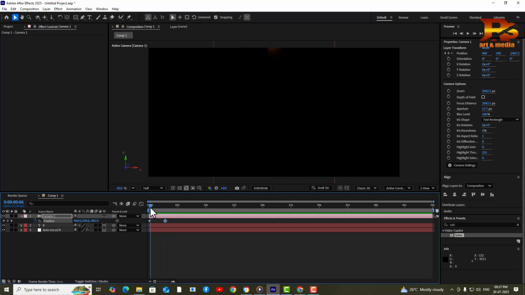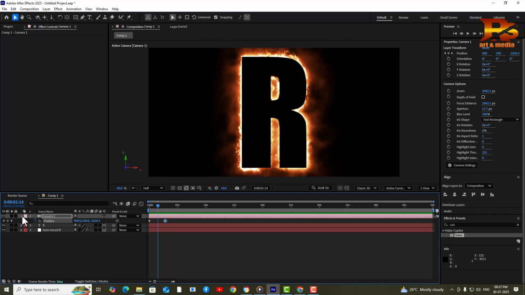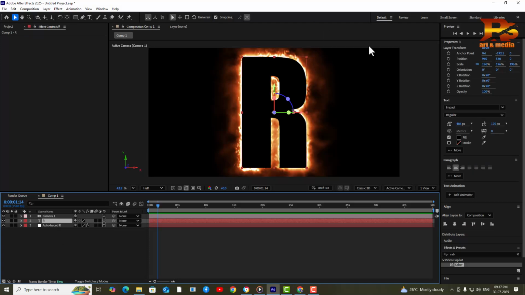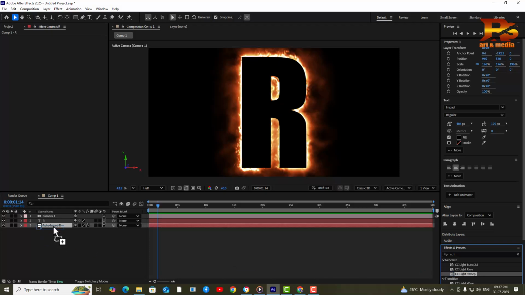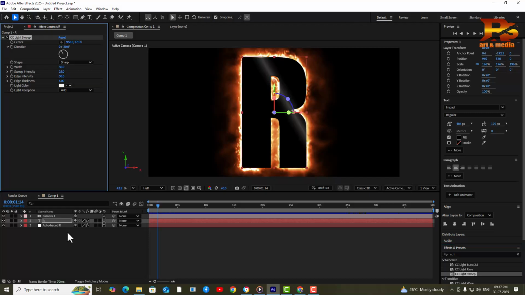And one more interesting thing that we'll be doing is we will also apply a light sweep effect. So we can find a CC light sweep. So here is the CC light sweep. We will drag and drop it over this text layer, not the auto trace layer, but the text layer above it, and we can see the change. We can see a light beam, and we can increase the intensity of the beam. We can also increase the edge intensity,